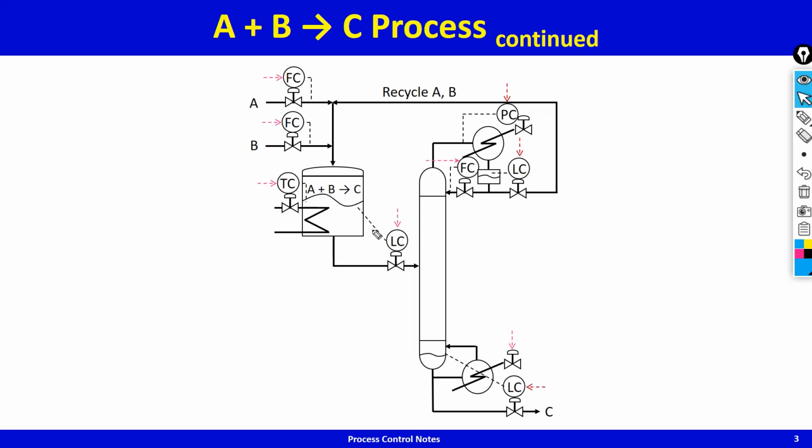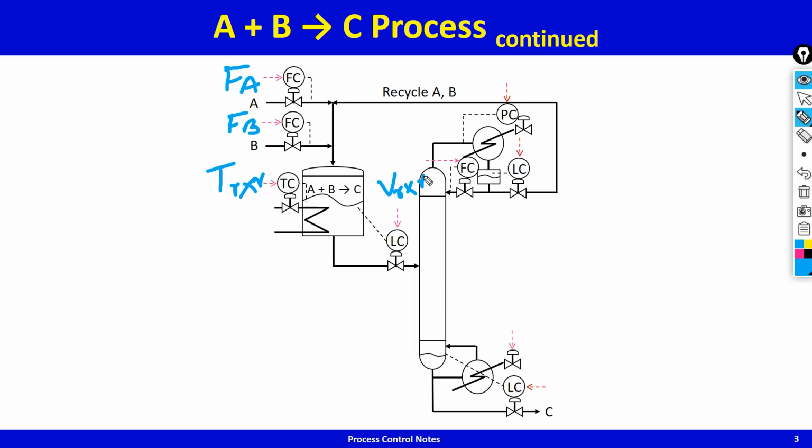So now what we do is, instead of specifying valve positions, we're going to say, okay, what we have now is FA is fixed, the flow controller is fixing FB, the reactor temperature controller is fixing T reactor, the level controller is fixing the hold up in the reactor,